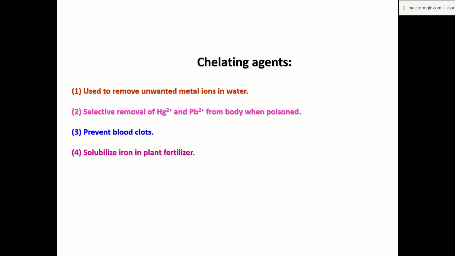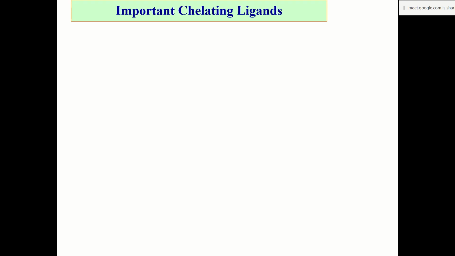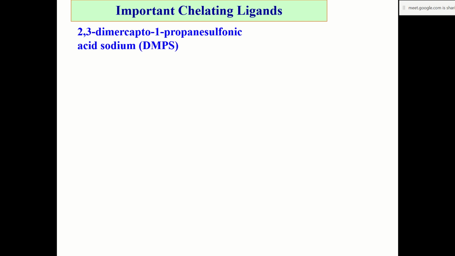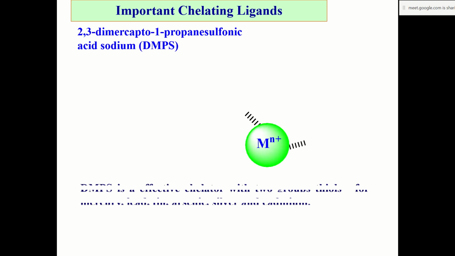Okay, so these chelating agents are very useful. They form very strong complexes, and they can be used for removing unwanted metal ions in water, selective removal of mercury and lead from the body whenever there is poisoning. So EDTA and others are used, and for preventing blood clots. So there are many applications of these chelating ligands, and some of the examples are like